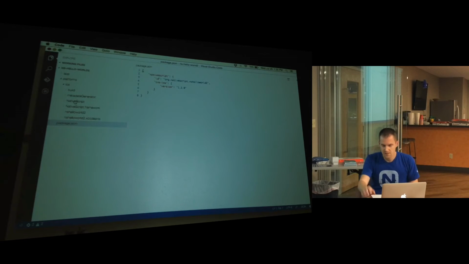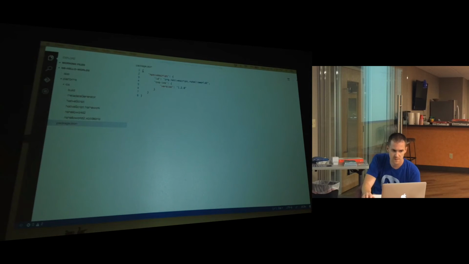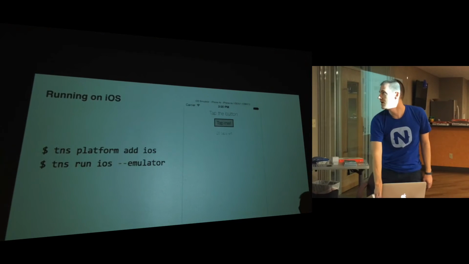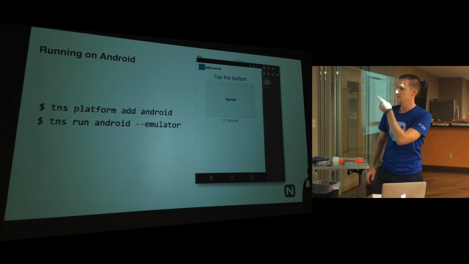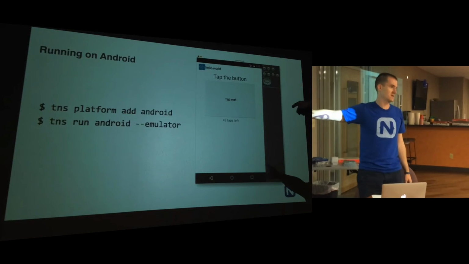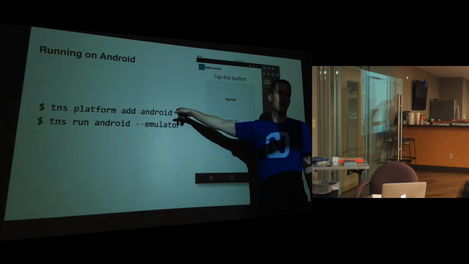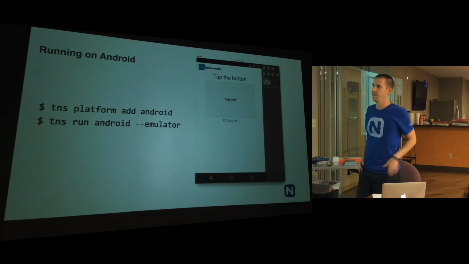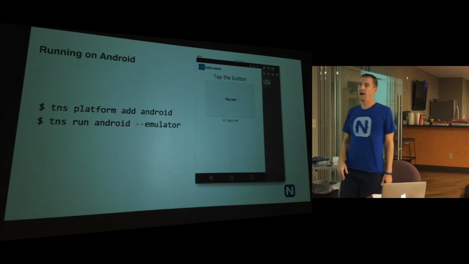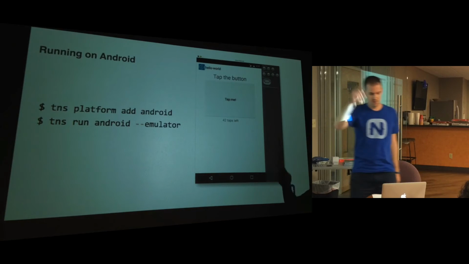All right, so let me go back to the slides real quick here. So I think I have a few more. All right, so we did that. We're going to skip running on Android because I don't have any of this stuff configured on my machine, sorry. But theoretically, it's going to do the exact same thing. And the only thing different here that we did was we added Android as a platform that we want to be. And you can have that in the same solution, Android or Android and iOS. And I don't know when Windows Phone is coming, but at some point you'll be able to do Windows Phone there too. And you only need to write it once. It's awesome.